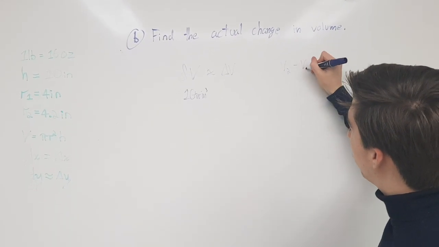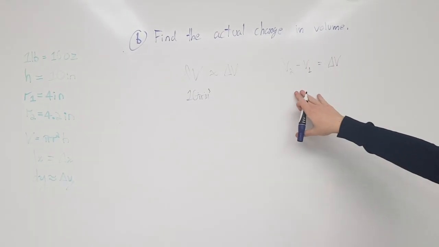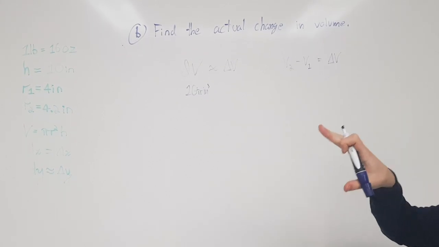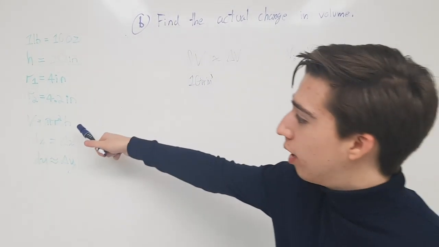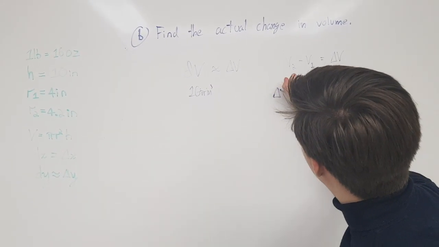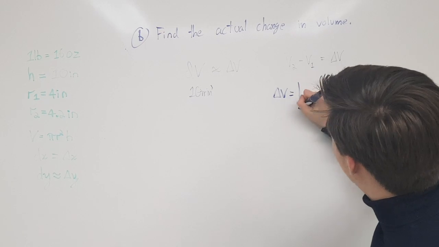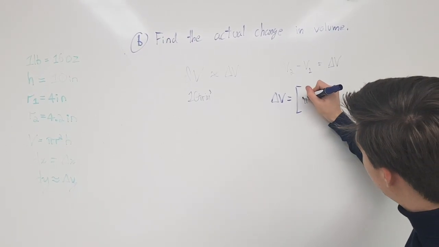So we have to plug in the values of the radius and height in the volume formula for both of them. So our change in V is going to be equal to the second volume